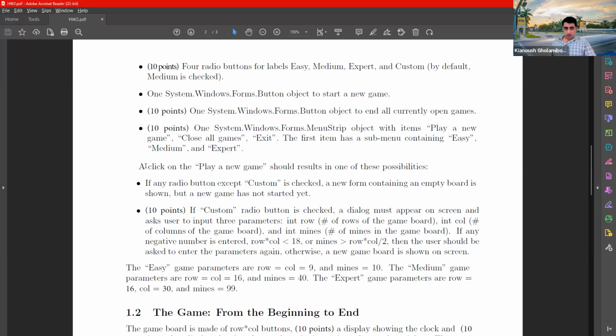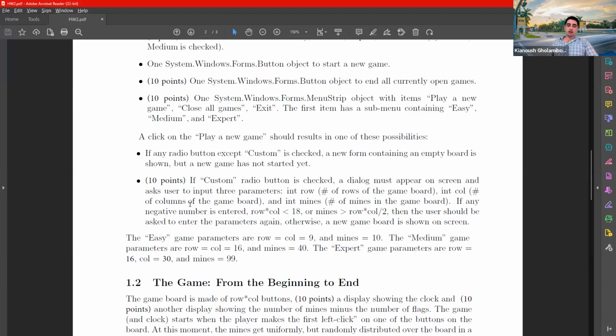If the user clicks on play a new game, we have one of the following possible cases. If the radio button is on easy, medium, or expert, anything except custom, then the new form containing an empty board is shown, but the new game is not started yet. The user has to first click on one of those squares in that form in order to start the game. If the custom radio button is checked,